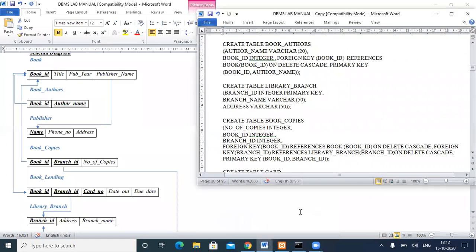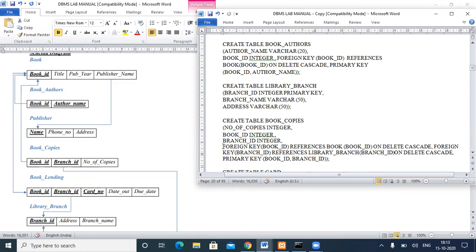So creating a table: number of copies, then book ID will be the integer, branch ID will be the integer, and here book ID is referencing the book table, and the branch ID is referencing the library branch table. Here we are adding on delete cascade, and same thing, the foreign key branch ID is also referencing it.